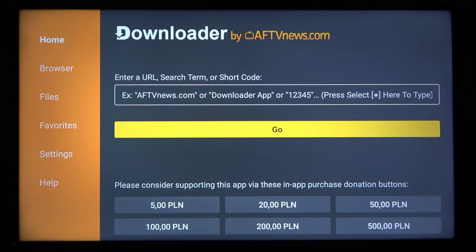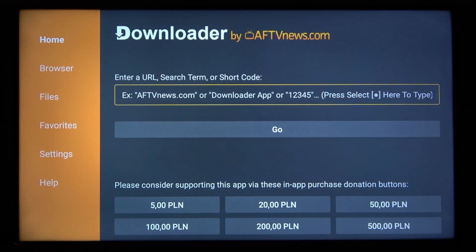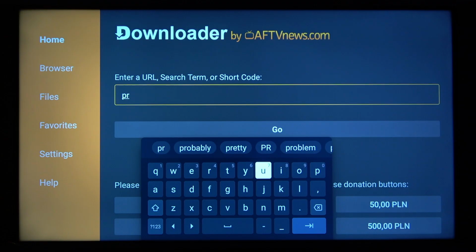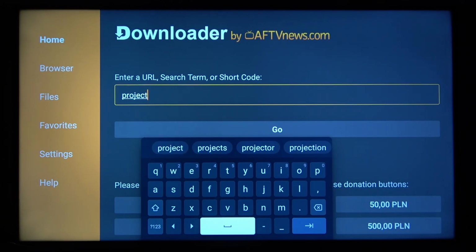And after that, after two of these applications are installed, let's first go to downloader. Let's press OK. If this app asks you for some permissions, then give them to it, and then let's search for a search term. In my case, I want to download the Project IF launcher. I'm gonna enter Project IF, and we're gonna need to also mention the resource from which we want to download this application. So in my case, I'm gonna be using